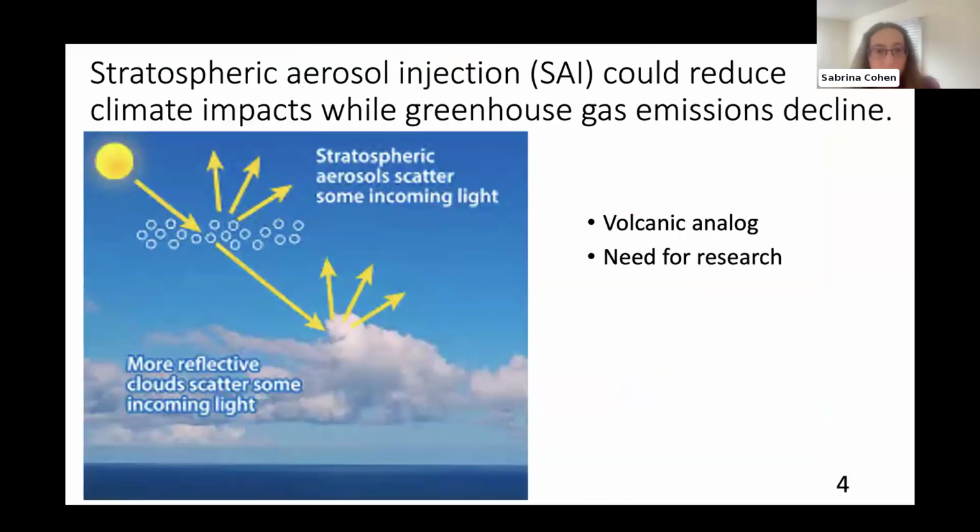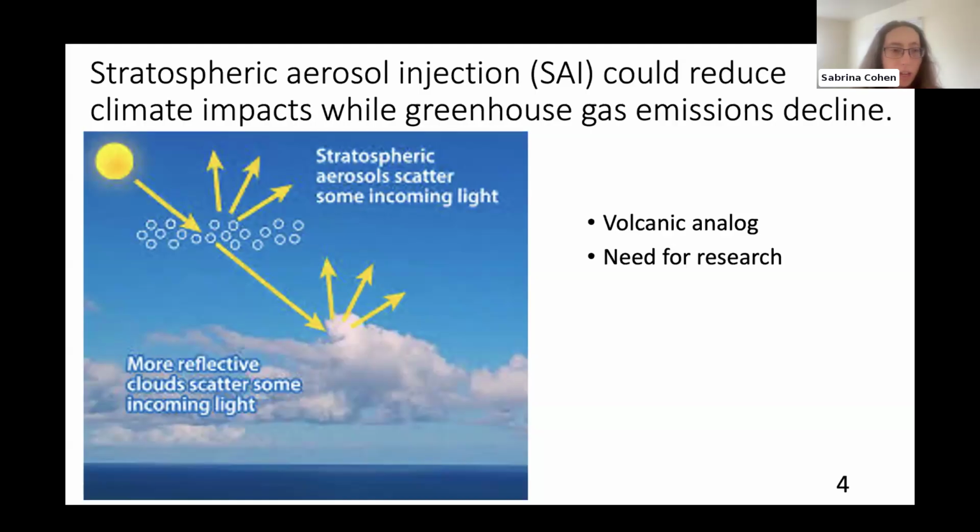So, in that sense, more and more scientists in the past decades have been considering possible other techniques that can be used in conjunction. So, at the same time that the world continues to reduce greenhouse gas emissions, there are other possibilities that could be implemented but require significant research. And that possibility that I'll be discussing with you today is called stratospheric aerosol injection. Now, I don't really like to use a bunch of acronyms when I speak, but in this case, this is one acronym that I'd like you to remember throughout the talk. I will say SAI for short,